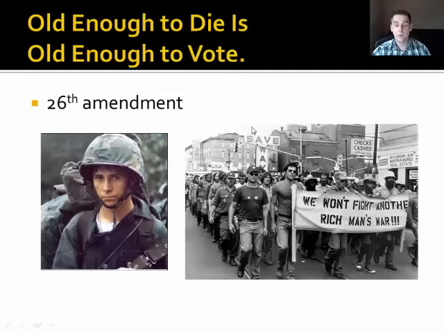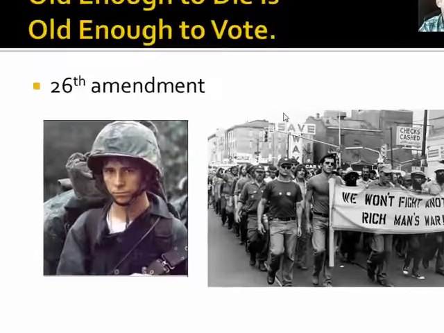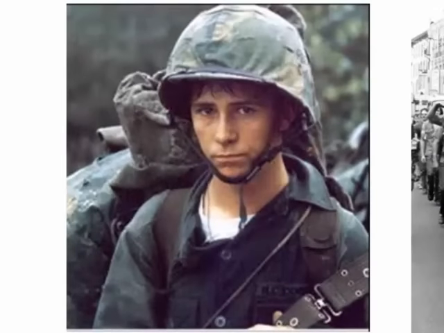Okay, finally, the 26th Amendment. The 26th Amendment was passed in 1971. It was at the tail end of the Vietnam War. Before the 26th Amendment was passed, the voting age was 21. But you had to join the military and the draft at age 18. That means you could be told that you had to go to a foreign country and potentially die, but you had no ability to tell your congressman, to tell your representatives whether you thought that was a good idea.